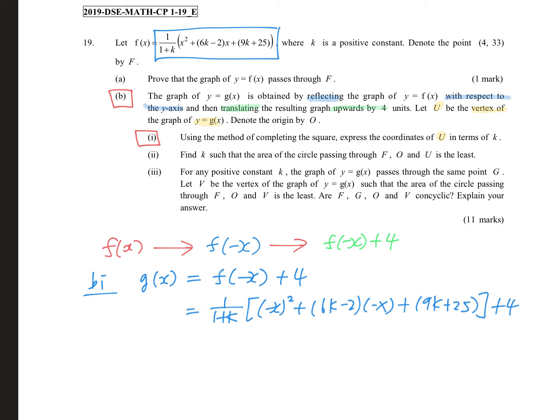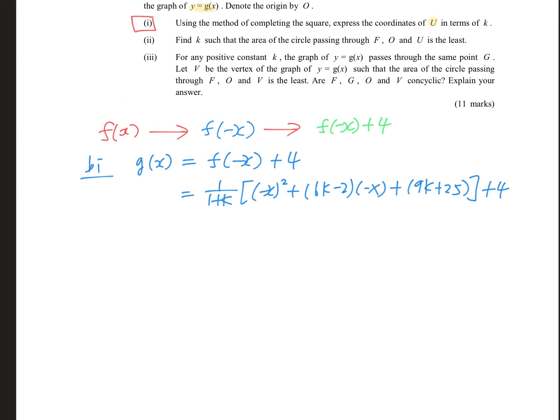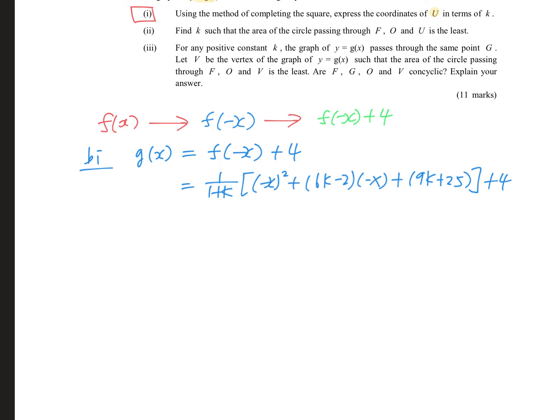Of course, in B1 we need to make use of the method of completing the square, so we need lots of space here. So first of all, 1 over 1 plus k, so that x squared, and then minus (6k minus 2)x,